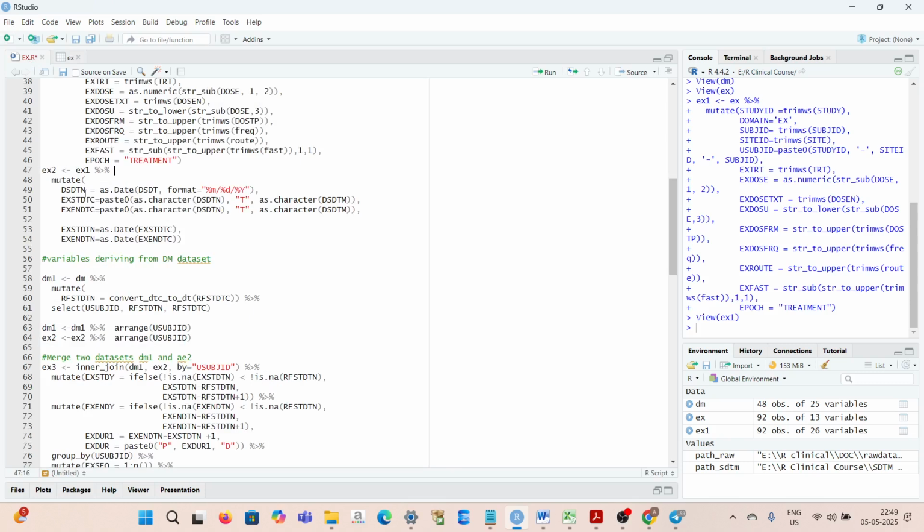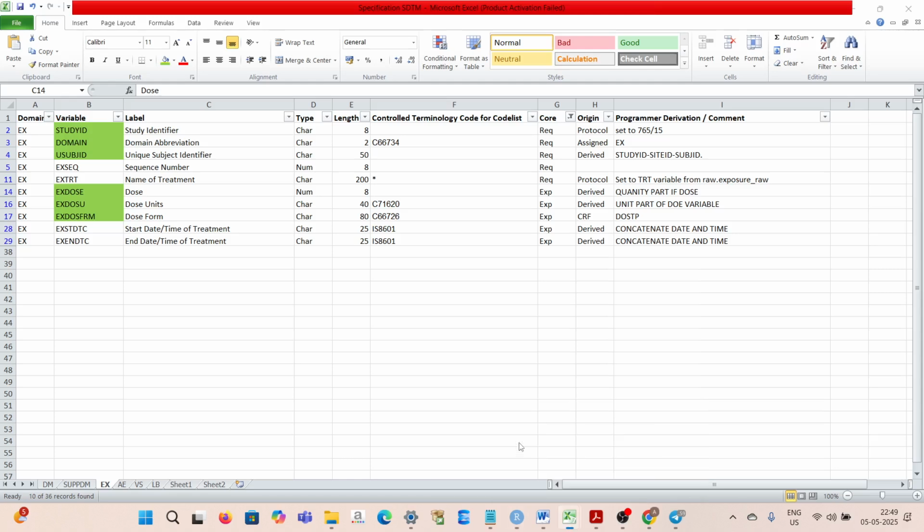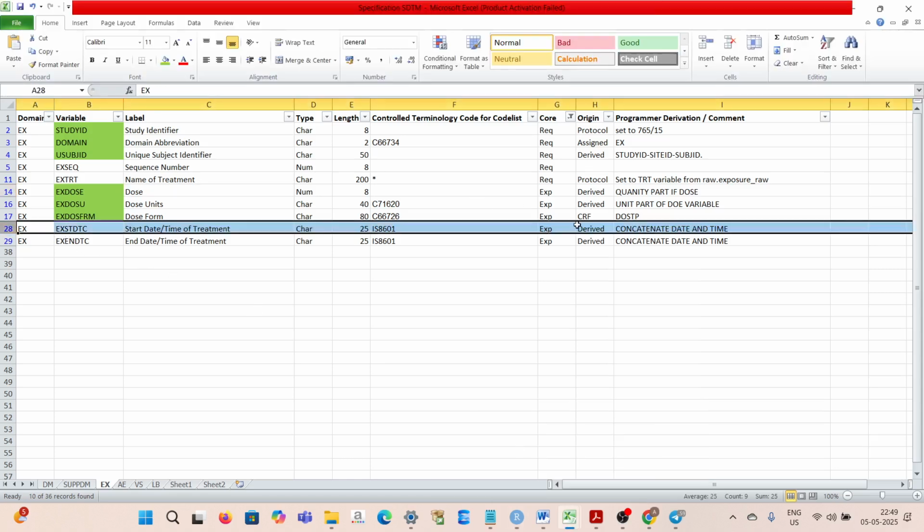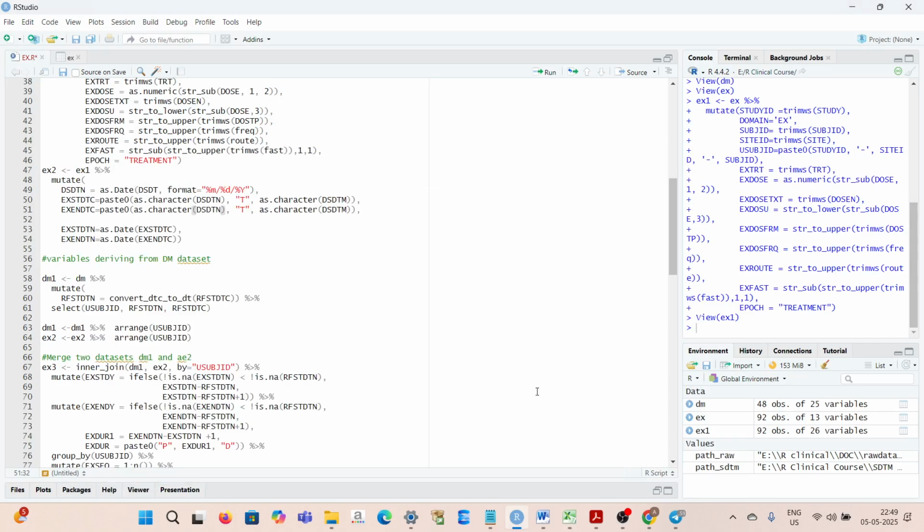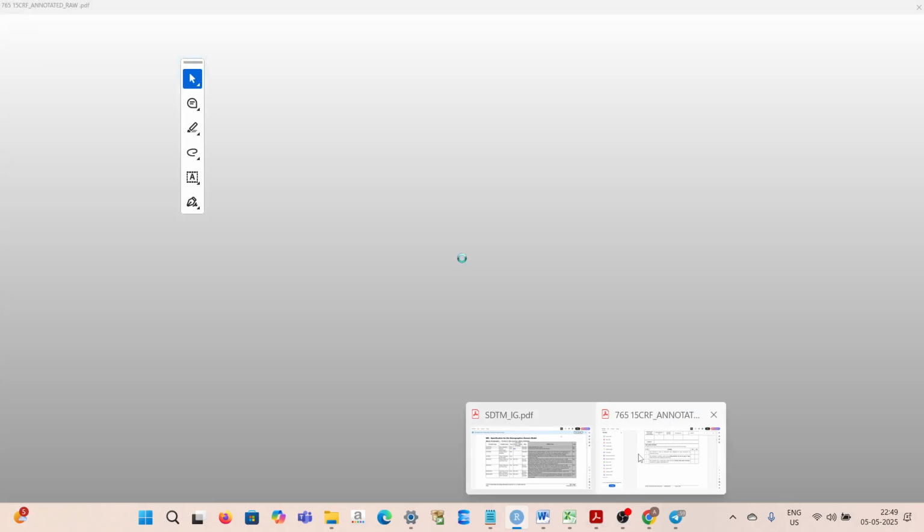Basically, we're trying to change the numeric format as well. Okay, so then we start with exposure start date here. The exposure start date of treatment, the start date and time of the treatment, is concatenated with the date and time. So if you go to the control terminal,